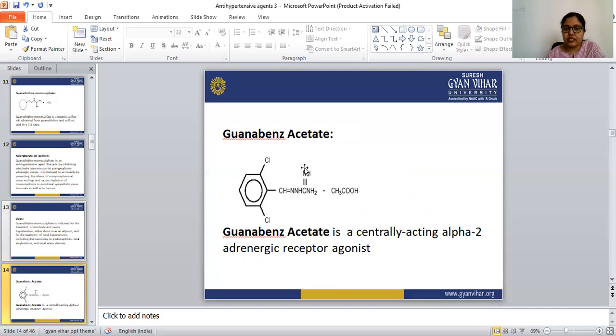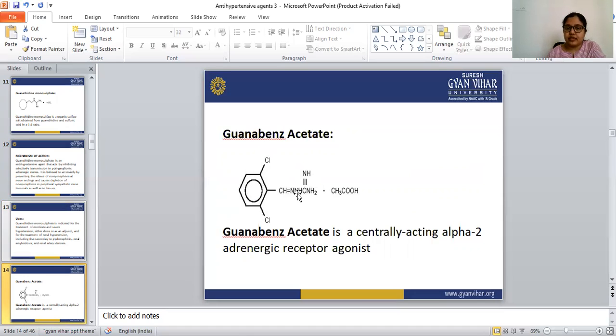This is a very easy structure. We have to remember all the structures in medicinal chemistry. That is the main thing in medicinal chemistry, as well as the SAR, mechanism of action, and classification of a particular category. And for some drugs, those marked with a star in the syllabus, we have to learn the synthesis too.